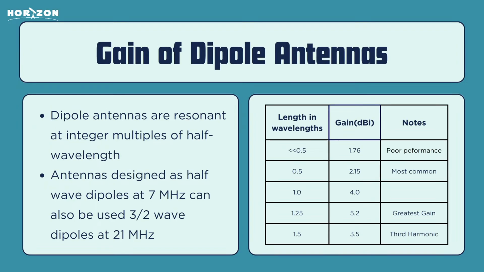Here we can see the gain of dipole antennas at various lengths. So dipole antennas are resonant not only at the half wavelength, but also at integer multiples of half wavelength. And here you can see the values of gain for